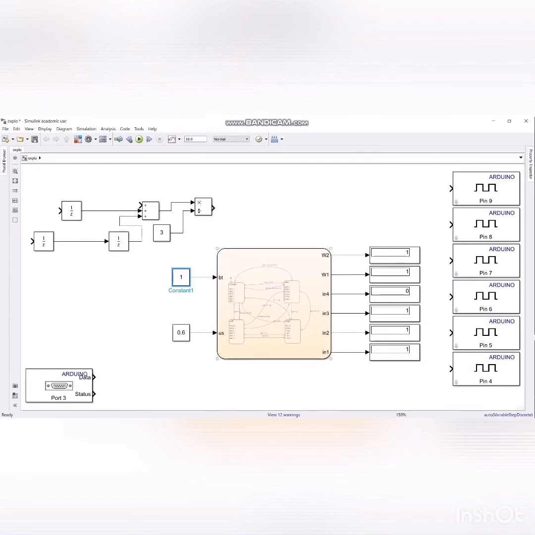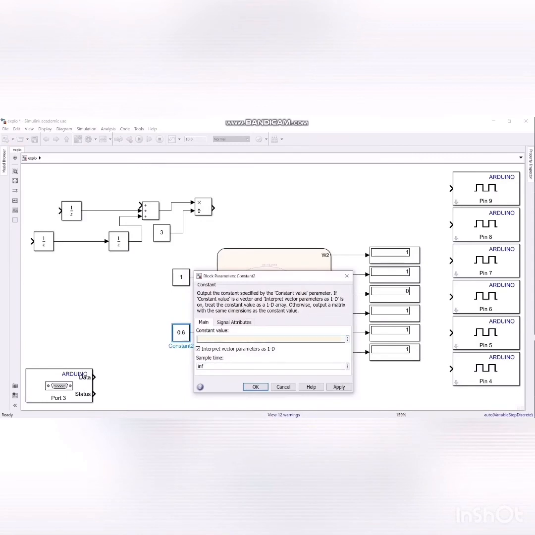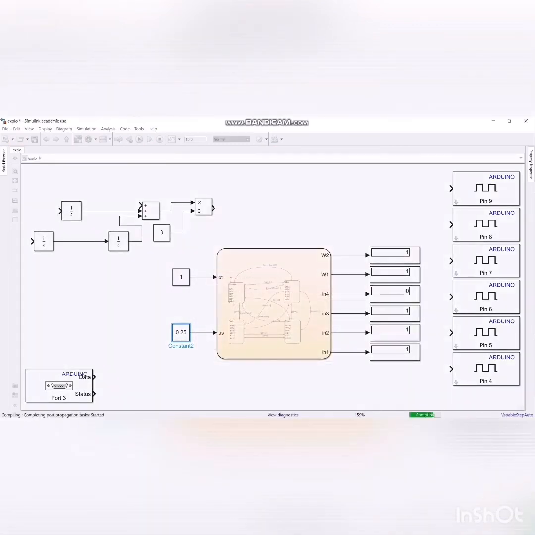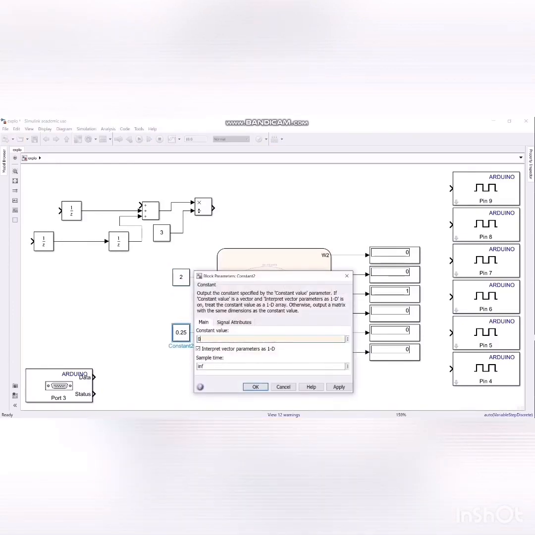Case 4, BT is equal to 1, US is less than 0.3 meters. Now wheels are off, brushes are off, LED is on. Case 5, BT is equal to 2 and US is less than 0.3 meters. Wheels are off, LED is on, brushes are off. Case 6, BT is equal to 2, US is greater than 0.3 meters.